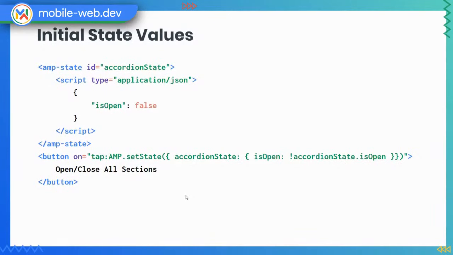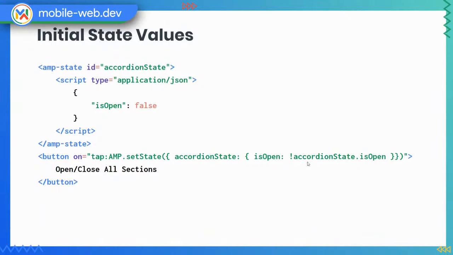So this is how you set the initial value. And then, for example, on the click of this button, we want to change is open to true. So we will use button on tap. Tap is the event listener over here. Sorry, tap is the action, and then we are using amp.setState, the setState function, and we are trying to find the accordion state, this ID, and then we are manipulating the value of is open to accordion state